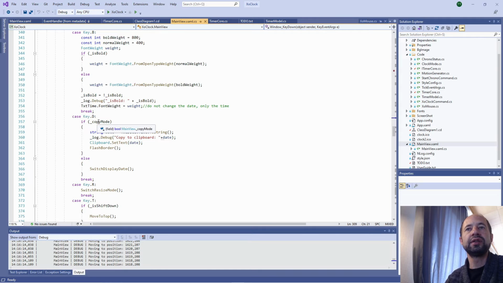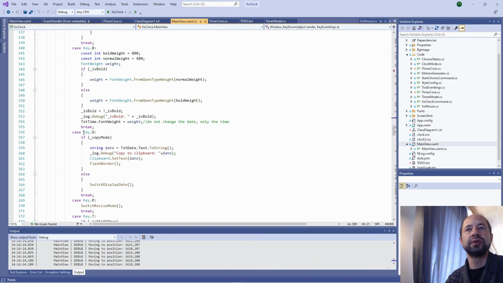For example, if I want to show the date or hide the dates, there is a D. And here you see, if I am in copy mode, then the date textual, I copy it to the clipboard and I set it to the keyboard and I flash the border.